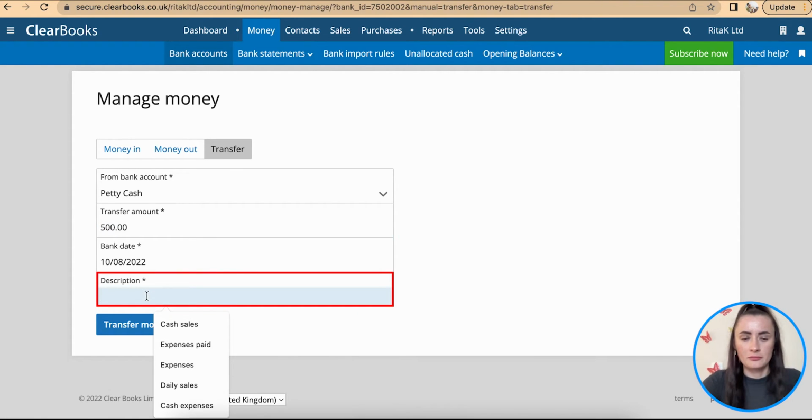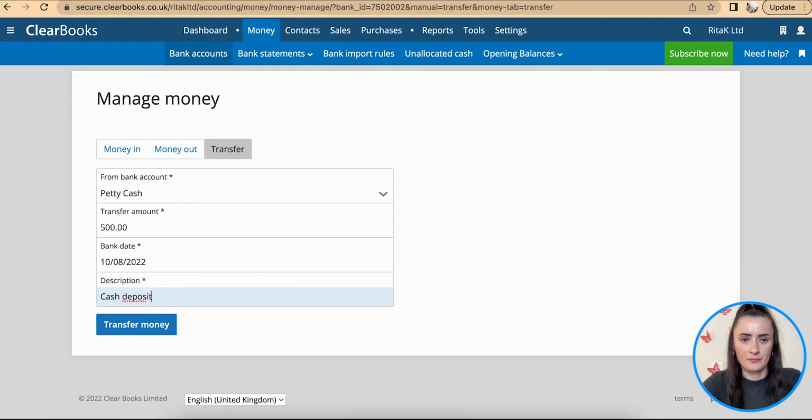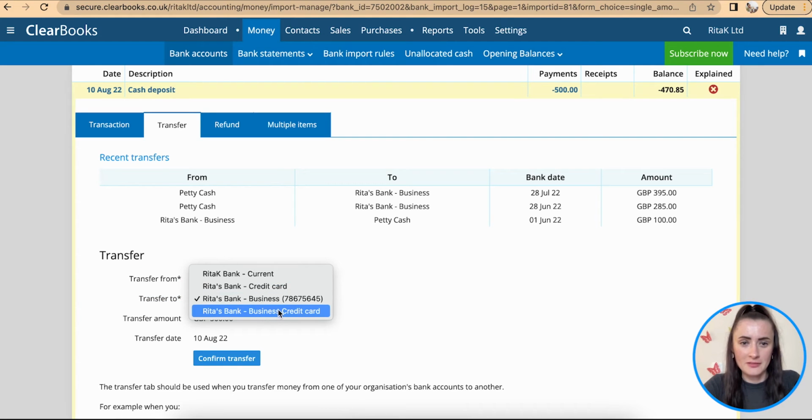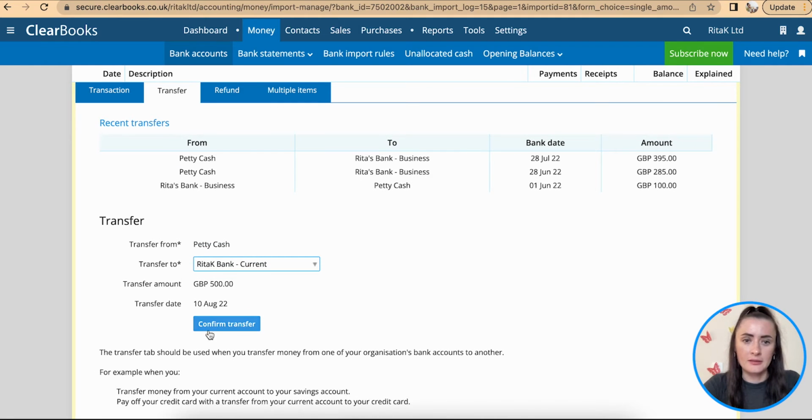and description, I will say cash deposit, and click Transfer Money. Now I need to select the second half, so that means where I have transferred this money to. From my drop-down list, I will select that I have transferred to my Rita's Bank current and click Confirm